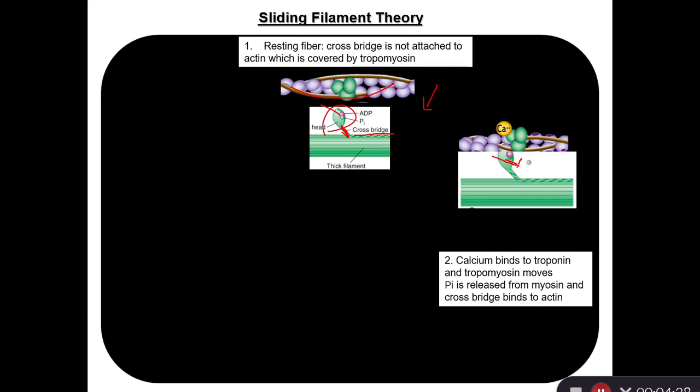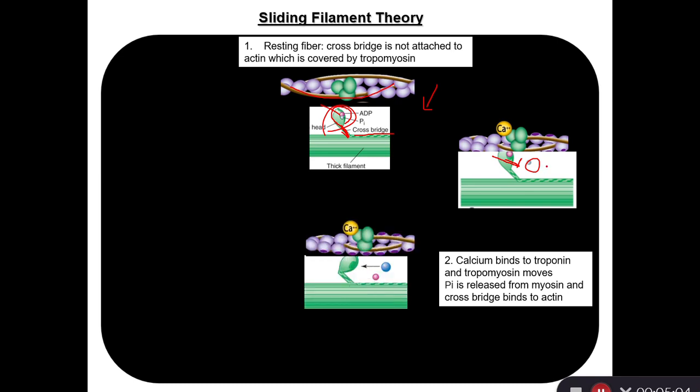And you can see here that a phosphate is dislodged from the myosin head. So during relaxation, you have ADP and phosphate. Both are linked with the myosin head, but as the myosin head goes to attach to actin, the phosphate goes away. Then what happens when the ADP also goes away? So here the myosin head doesn't have the phosphate nor the ADP. Then in this case, the cross bridge happens and